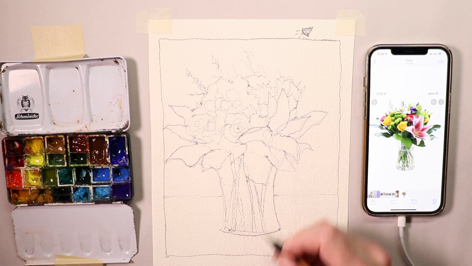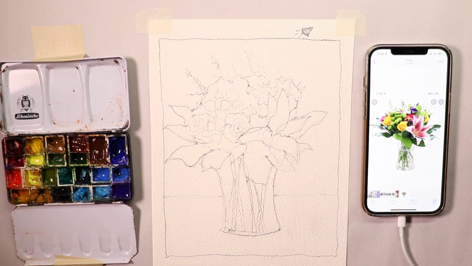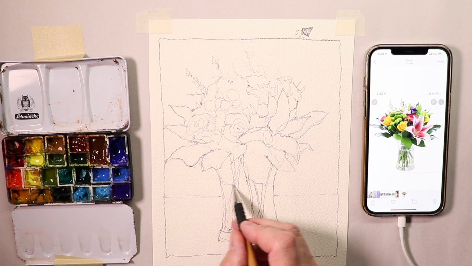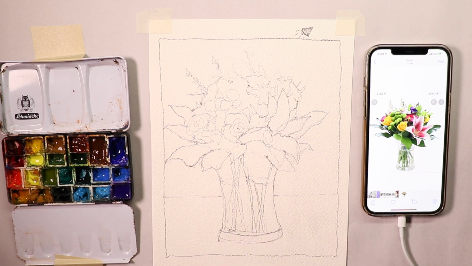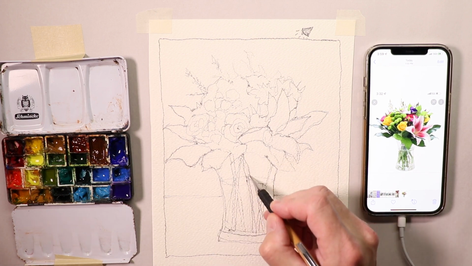And I think if I just do a few like that, that should be good enough. And I also noticed that I just put a little more of a base on the vase, the glass vase here. And there's a little bit of water in there, so maybe I just put a little water line in there maybe, and